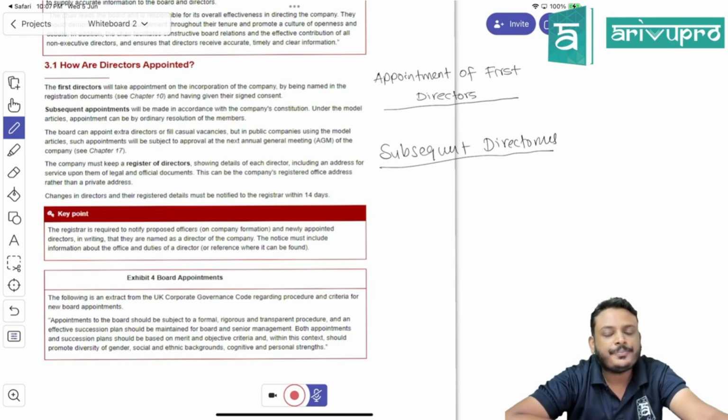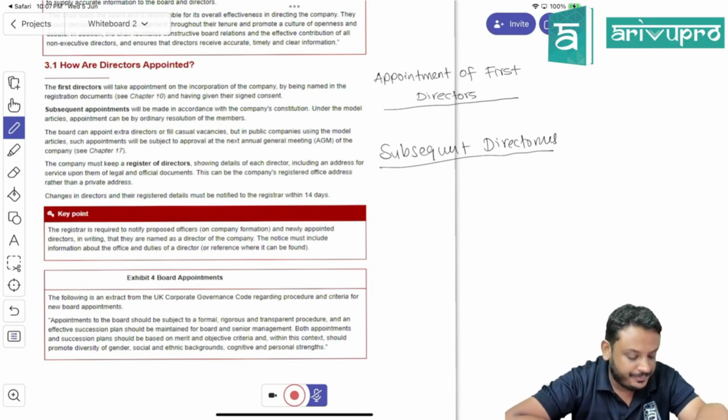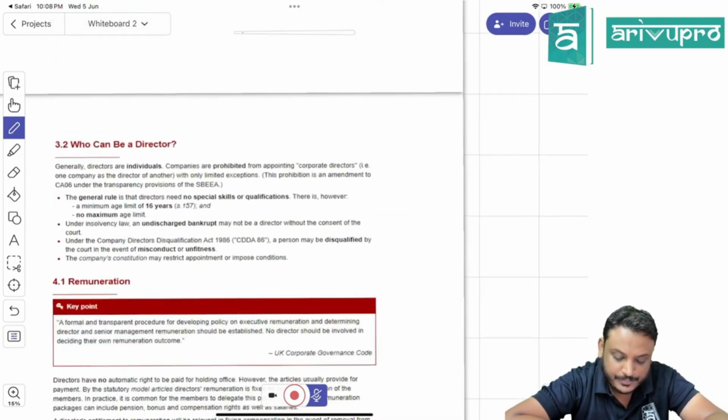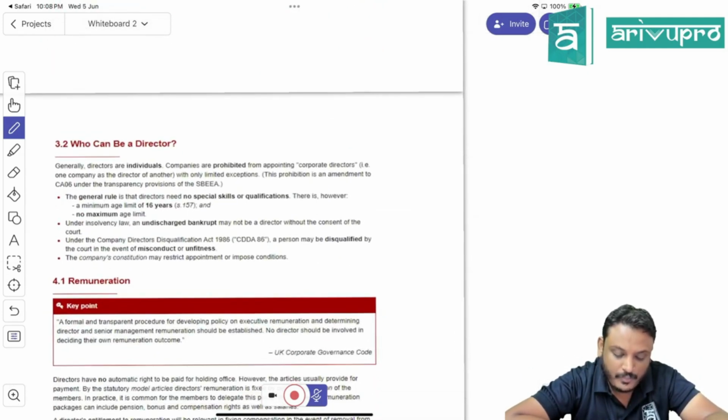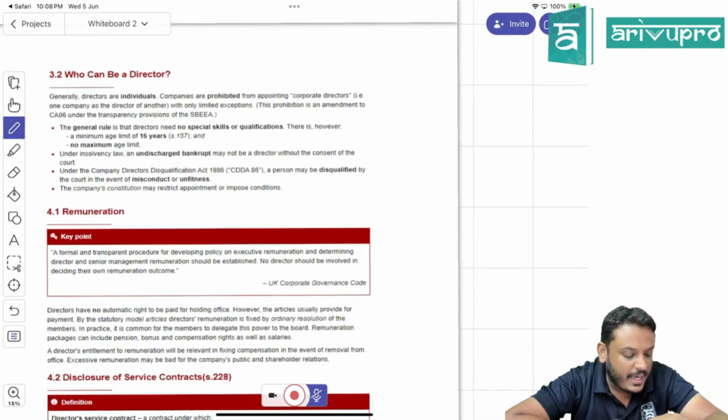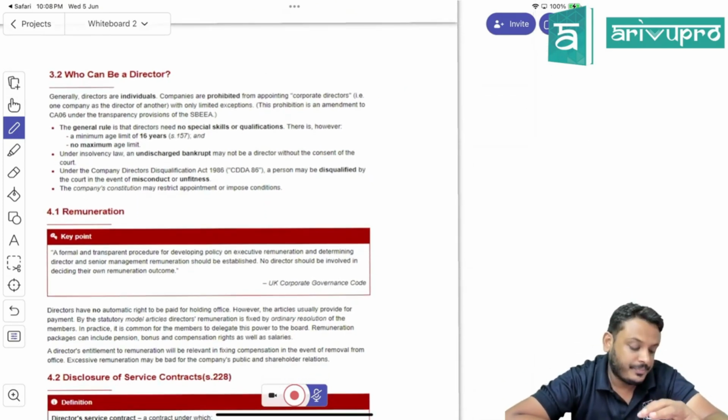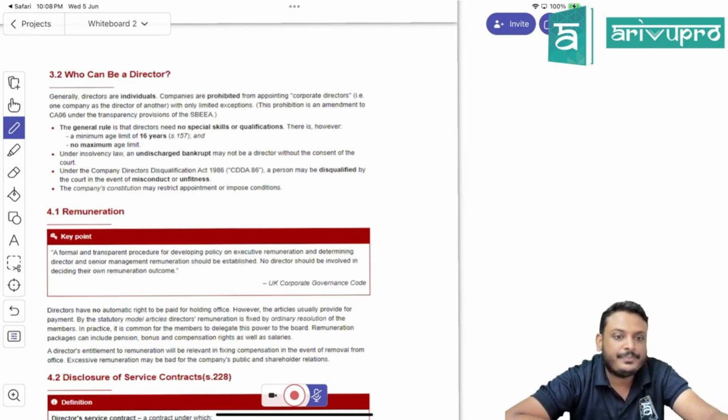Next point, write down: for each director appointment, a separate resolution is to be passed.